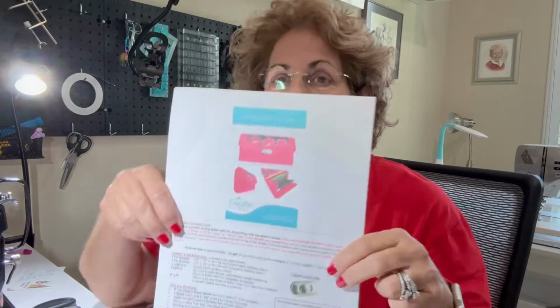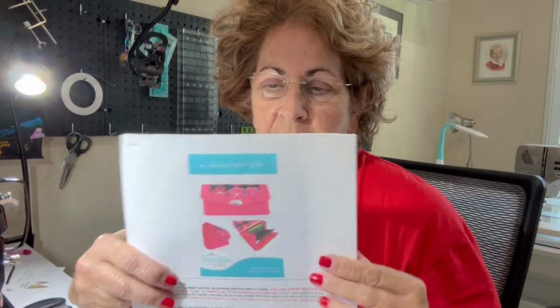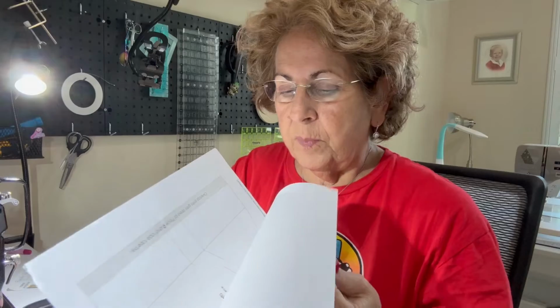And today I am going to be doing a necessary clutch wallet. I mean, these wallets have been around forever, but I just love them. They're good sellers and they're great wallets, really. But this is the pattern, Necessary Clutch Wallet by Emmeline Bags. She's out of Canada, but it's a purchase that you would just download the PDF pattern. And it comes with all the pattern pieces